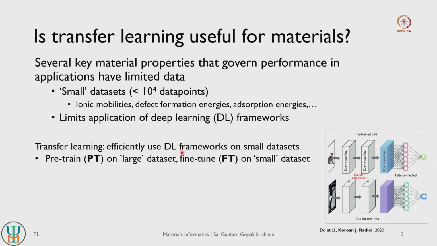In transfer learning, what we typically do is use deep learning frameworks, so we use neural networks that are fairly deep or fairly complex in nature. But what we end up doing is pre-training this network on a fairly large data set and then transferring its knowledge and fine-tuning it on a small target data set. I will give you a vision example for this.